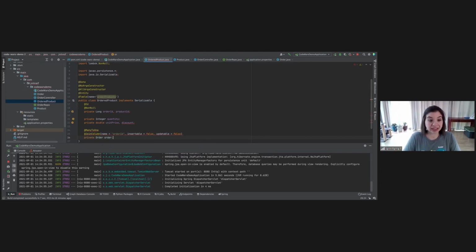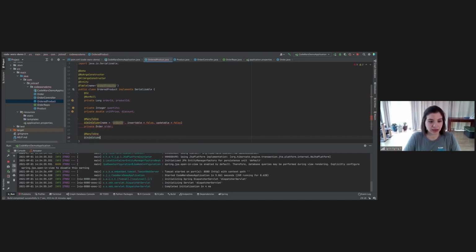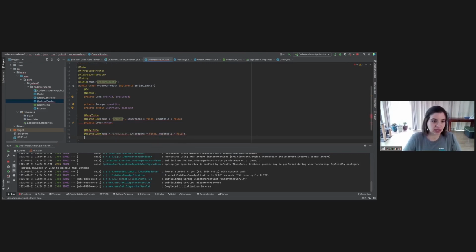So, and then order. Then I need to do the same thing for the product side. So join column, name, and this is going to be product ID, insertable false, updatable false, and then